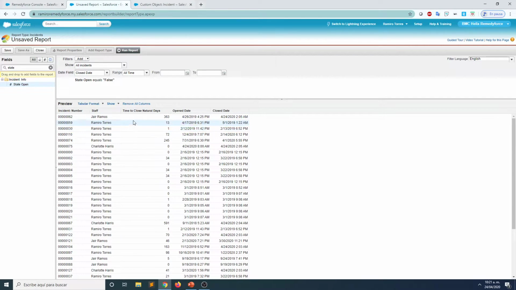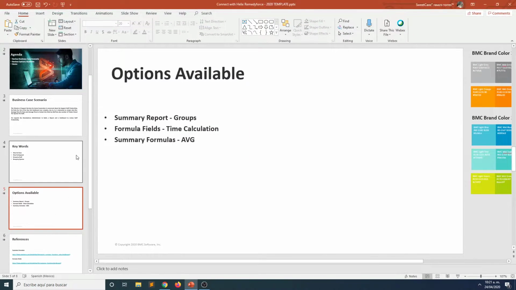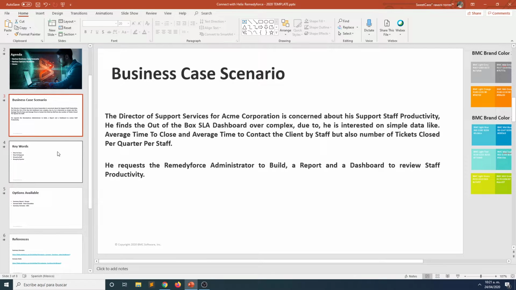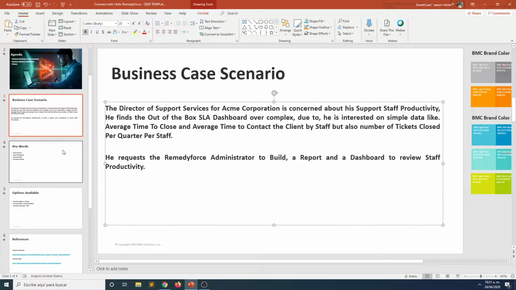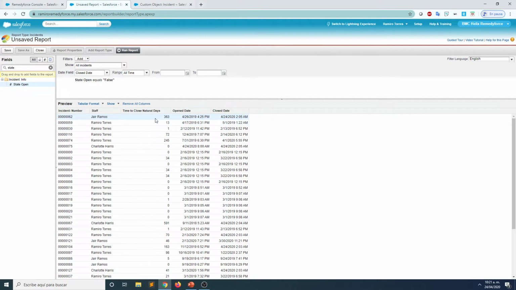Okay, so now that we have our time to close in natural days, it looks better now. And let's check real quick our requirements. So we need average time to close. Oh, I'm sorry. Average time to contact by the client, but also number of tickets closed per quarter per staff. Okay, we have resolved the problem of calculating the time to close in natural days, but this is not even